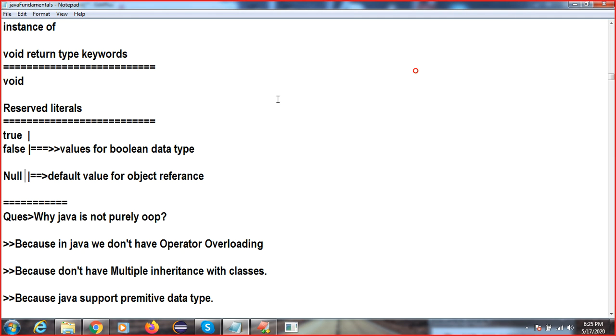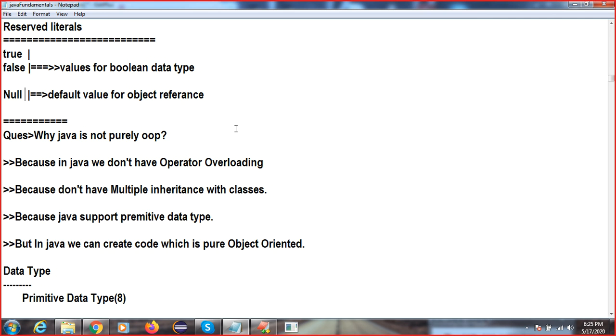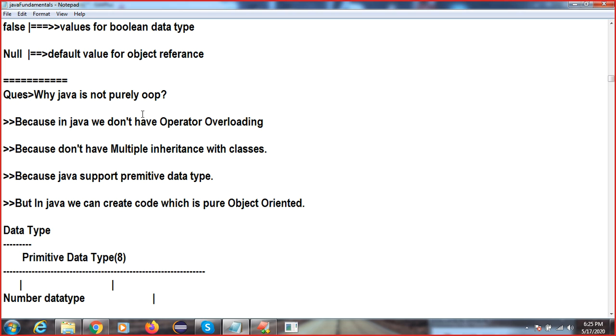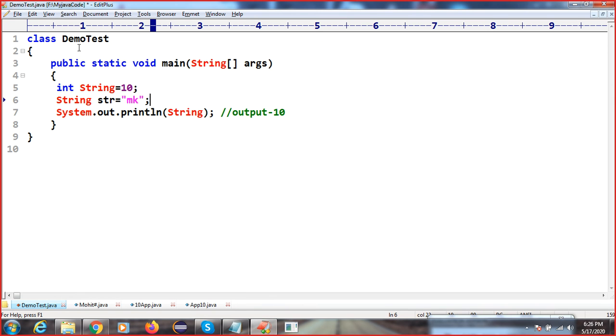One more question is: why is Java not purely an OOP language? What is the meaning of OOP? It means object oriented programming language. I can create a class with any name. Any name is your real world object, right?